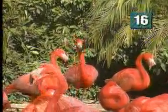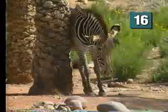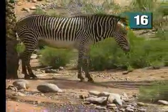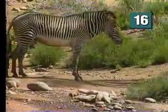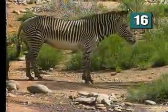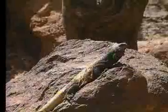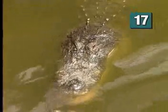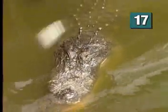True or false. Both birds and mammals are warm-blooded. This means their body temperature does not change with the temperature of their environment. Lizards, turtles, snakes, and alligators belong to a class of chordates called